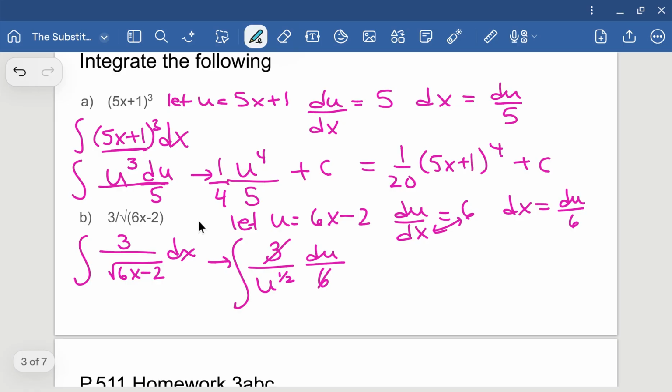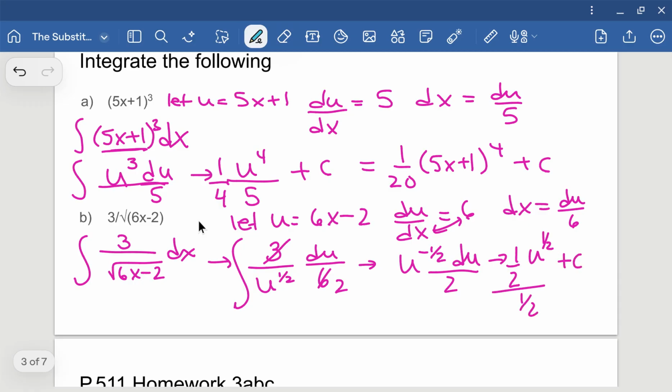So this part here will reduce, and I'm just going to rewrite this one more time and bring that u to a negative exponent. So it'd be u to the negative 1/2 times du, and this is still all over 2. So now let's go ahead and take that antiderivative by using our rules, and we'll have 1/2 that was already there times u to the power of now positive 1/2, and then we're dividing this all by 1/2